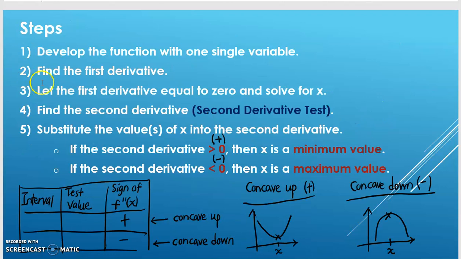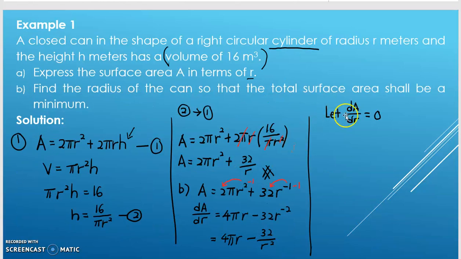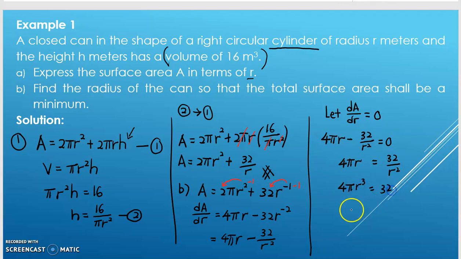Next step: let the first derivative equal to 0 and solve for x. In this example, we let the first derivative equal to 0 and solve for, this is not x, but r. So 4 pi r minus 32 over r squared is supposed to be equal to 0. So 4 pi r will be equal to 32 over r squared. Multiply r squared to the left hand side: 4 pi r cubed is equal to 32. Finally, r cubed will be equal to 32 over 4 pi. So r will be equal to the cube root of